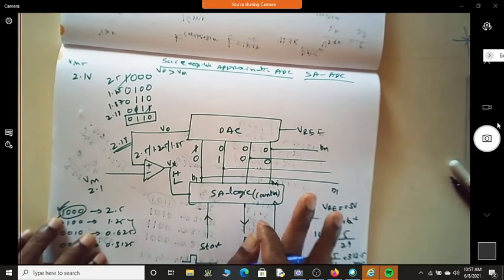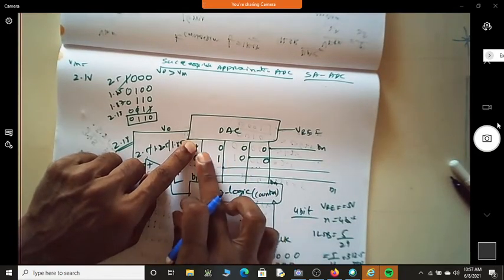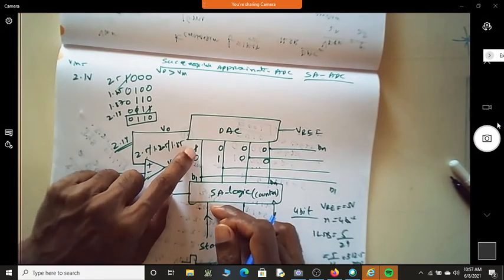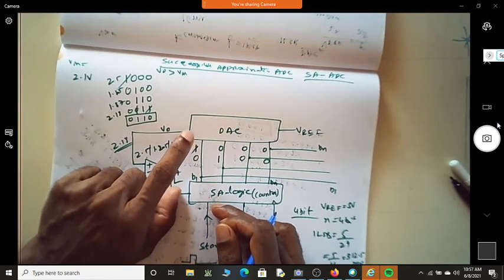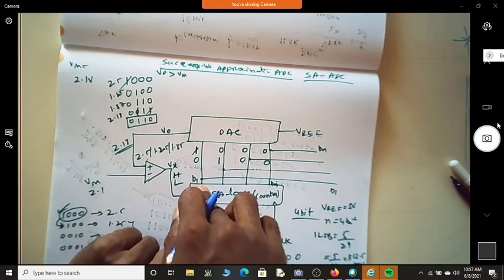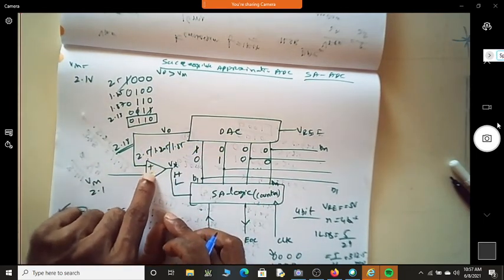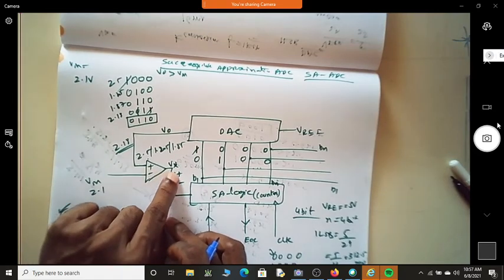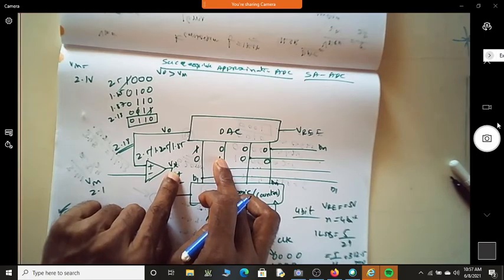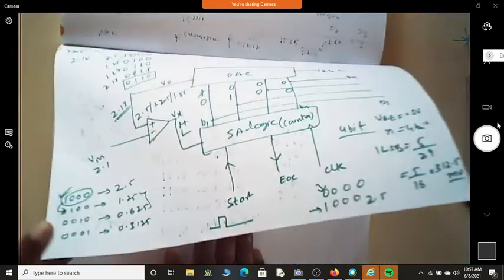SA logic is not simply a counter. It will start with 1 as your MSB and make all of the other bits 0, 0, 0. The next one depends on whether I have to retain this value. If you are retaining, the next MSB is also made 1. Then you just look at the comparator. If it is high, of course that depends on which logic you have taken, in this case, if it is high, you discard and make the next MSB 1, coming down in the order.